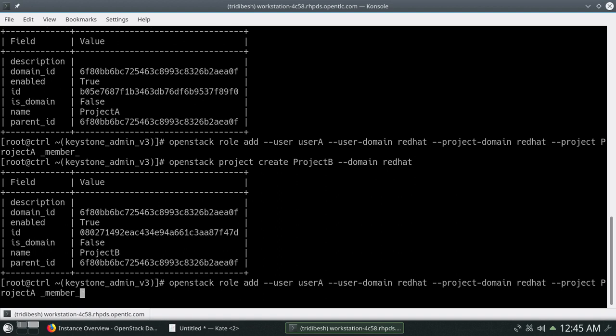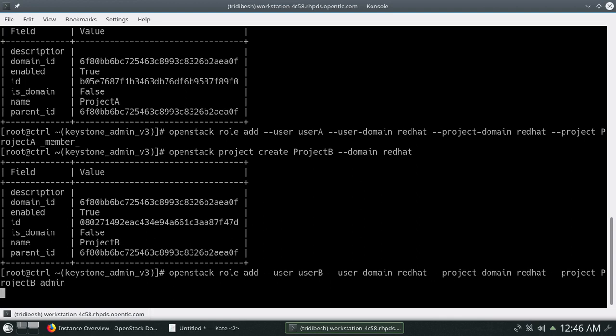Now we'll do the same thing, that role part here, the member we will make it as admin, that's the role. Here I'll put project B. So user name will be changing to user B. So same command, openstack role add user B, user domain Red Hat, project domain is also Red Hat, and project name is project B, and giving the role as admin. So let's execute this. So it's been done.